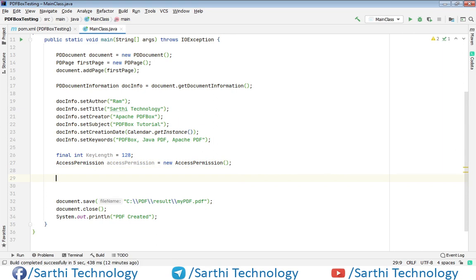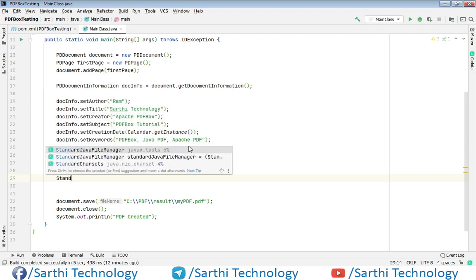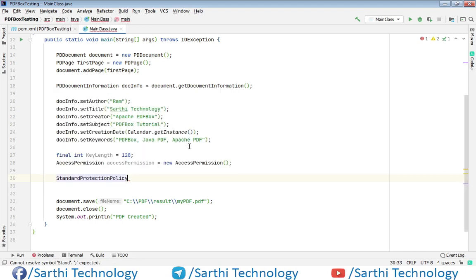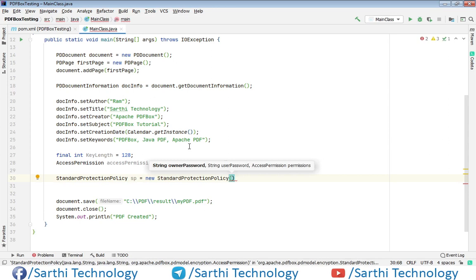Now create another object of StandardProtectionPolicy. StandardProtectionPolicy sp equal to new StandardProtectionPolicy, and here we need to put the owner password, user password and access permission.